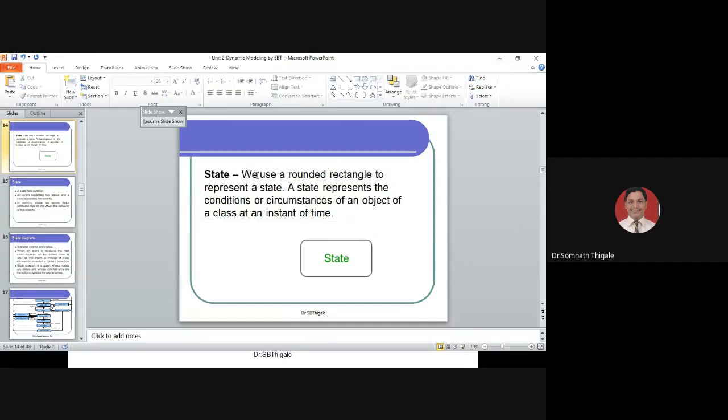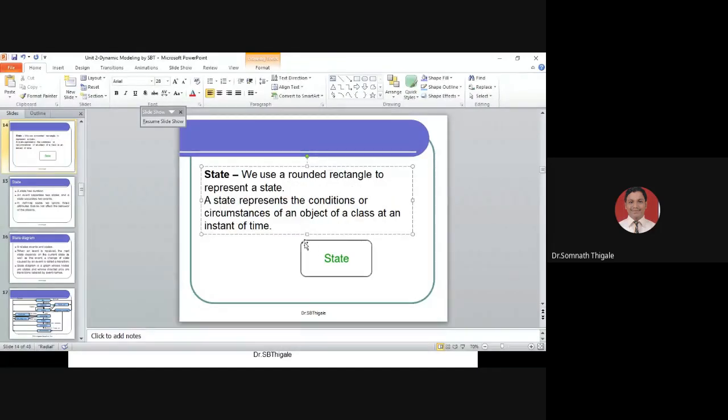We use a rounded rectangle to represent the state. This is the rounded rectangle to represent the state. State represents the condition, the most important part. State represents the condition or circumstances of an object of a class at an instance of time. We will call it a state.